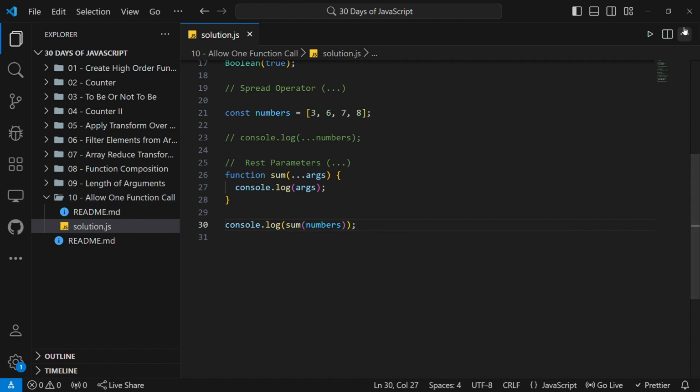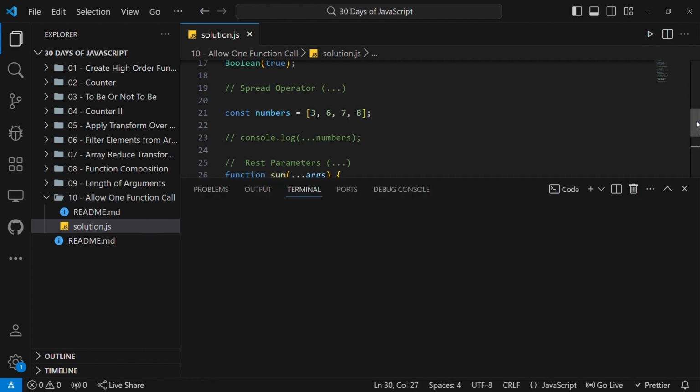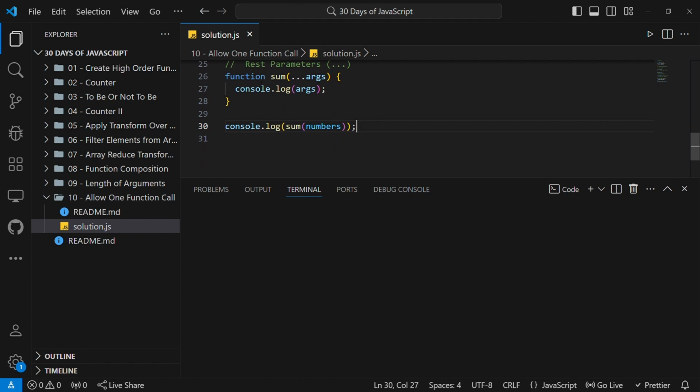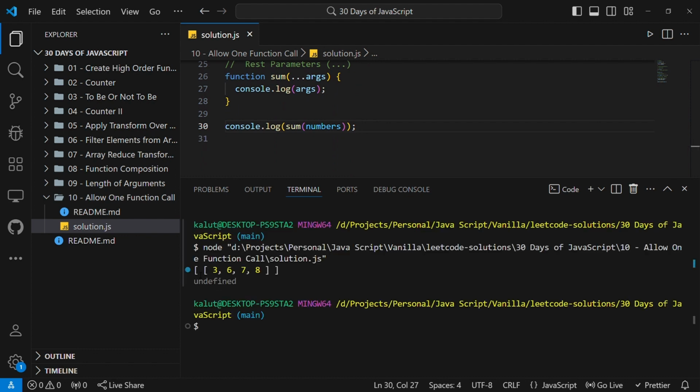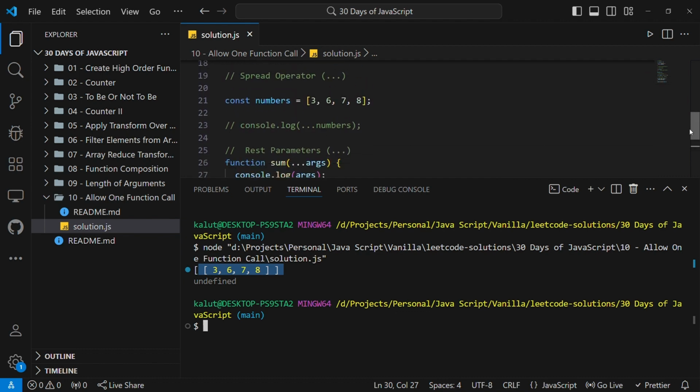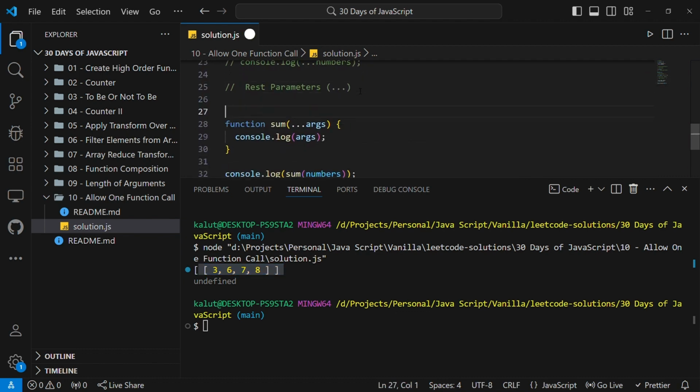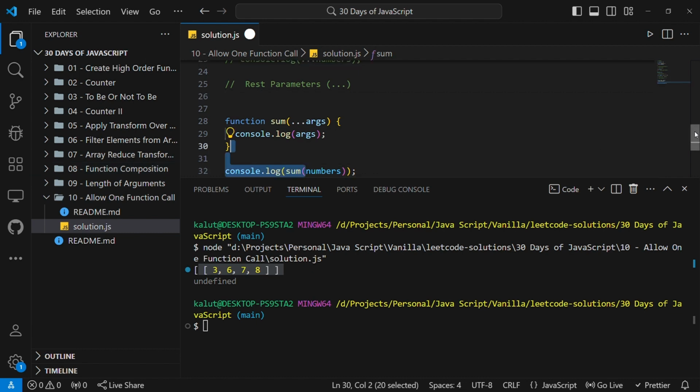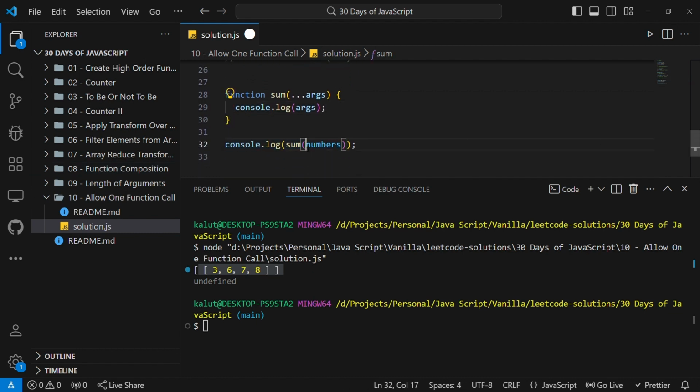Now let me run this code first. Now this function can accept any number of arguments. You can see it's an array of an array because we passed in an array. You can see now this rest parameter converts a list into an array. For example, let me just edit this code a little bit. If I call this sum with actual numbers, like 4, 7, and 8, like that, then if I run this code again,